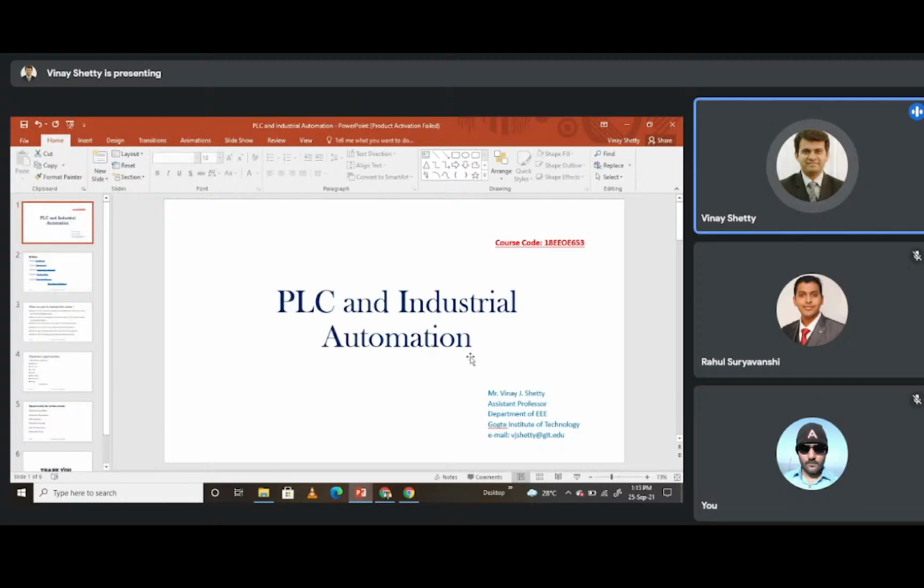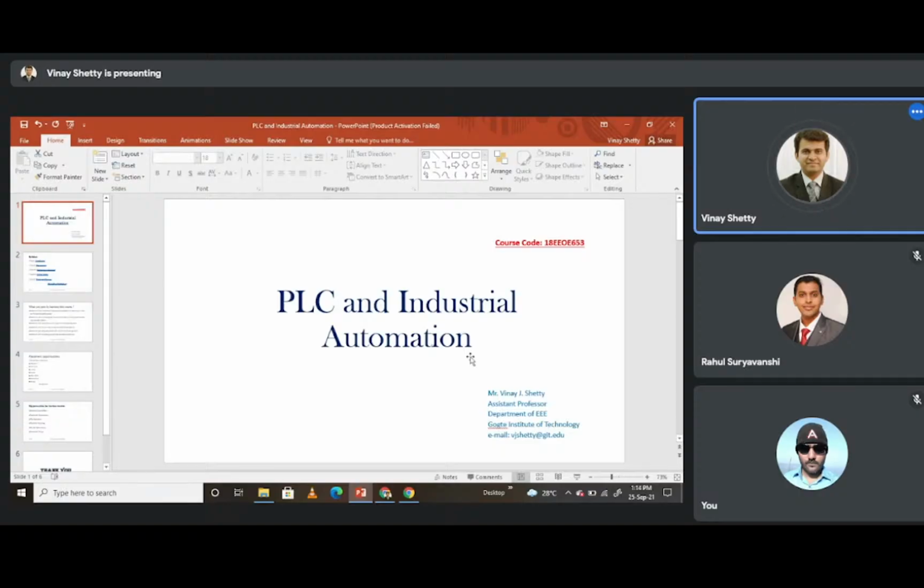That was a detailed description regarding the industrial automation subject. If you have any difficulty, doubt or query, you can post it on YouTube and we will reply to it, or you can personally come and meet us on Monday or Tuesday, if you are interested in any of the subjects offered by the Department of Electrical and Electronics. The only added point is, as we are coming up with the PLC laboratory, you will have hands-on experience, and this is an extensively used technology in all domains of industry.